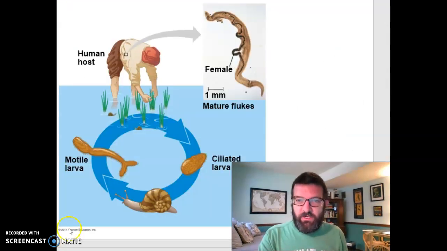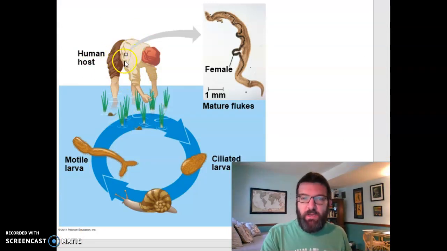And this is what that life cycle looks like, right? So adult flukes will live in an adult mammal, and they will then reproduce sexually. They will produce sperm and eggs. There are male and female flukes. The eggs then come out through your poo-poo and develop into a ciliated larval form, which can swim because of